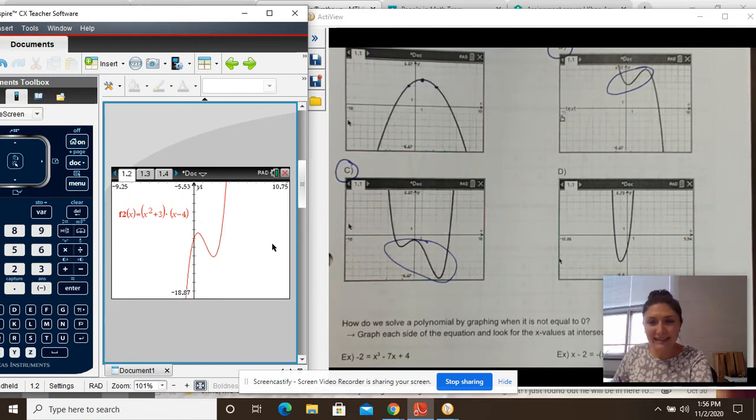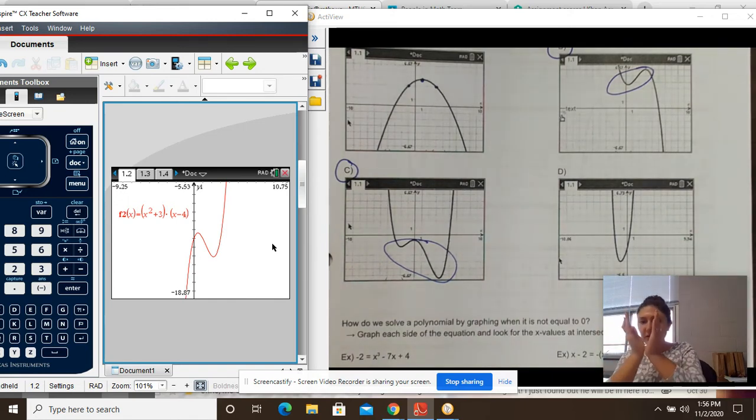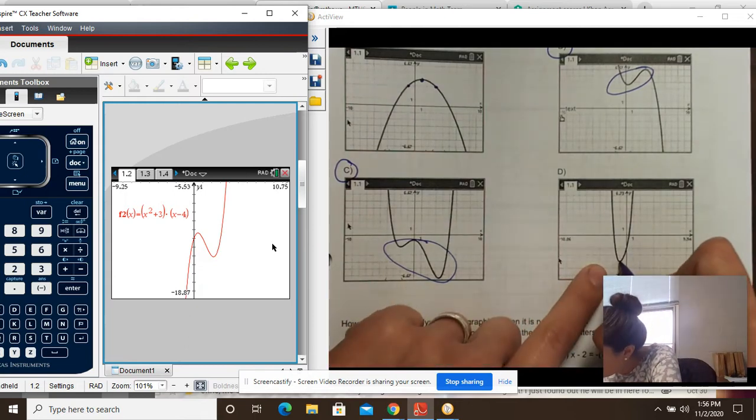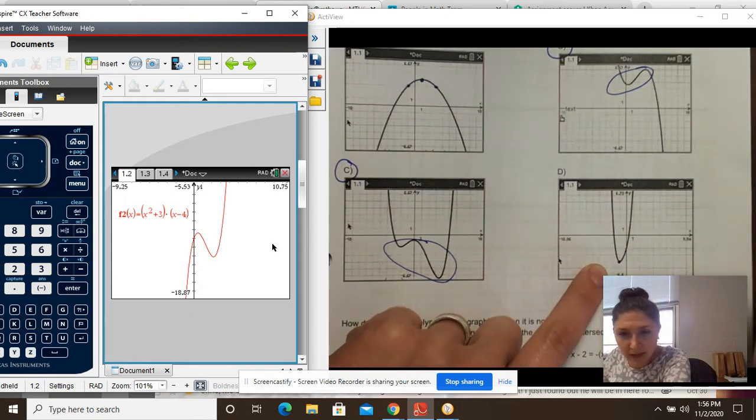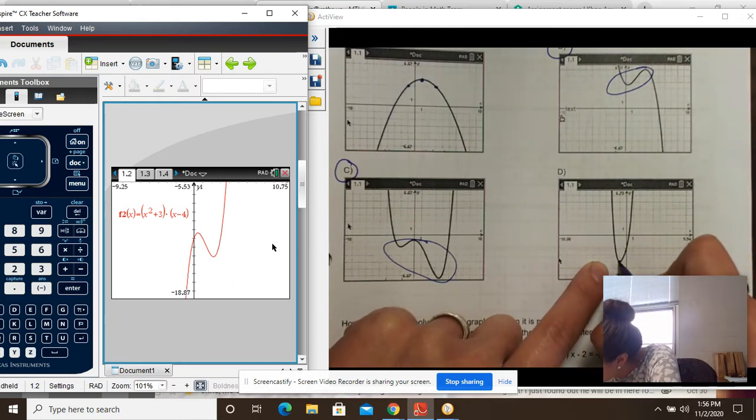And then if we take a look at D, D is a little tricky because it looks like a parabola, but I want you to pay attention to how it grows, how it widens. Okay, so there would be my, what I want to call the vertex, because again, it looks like a parabola. But if I look on this